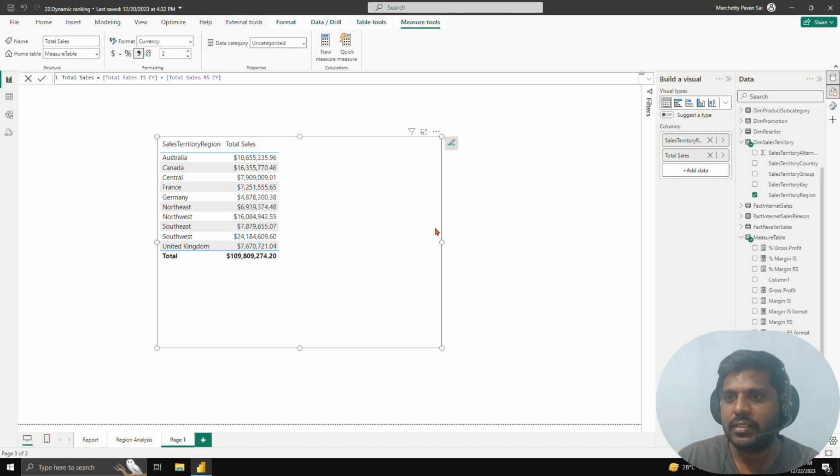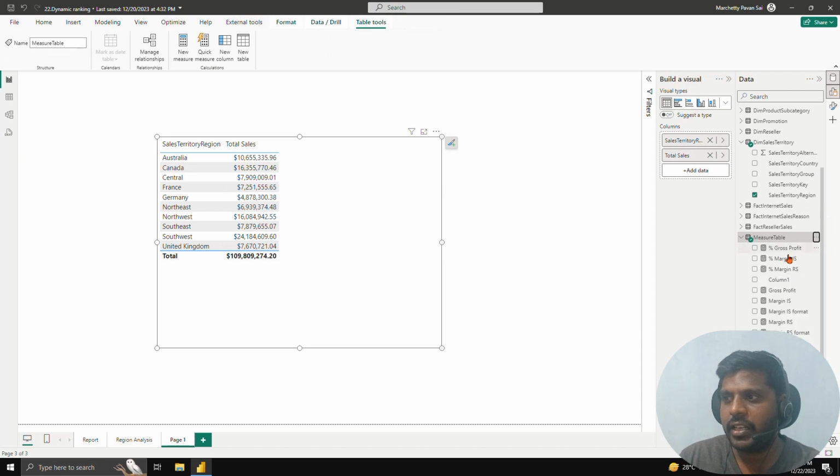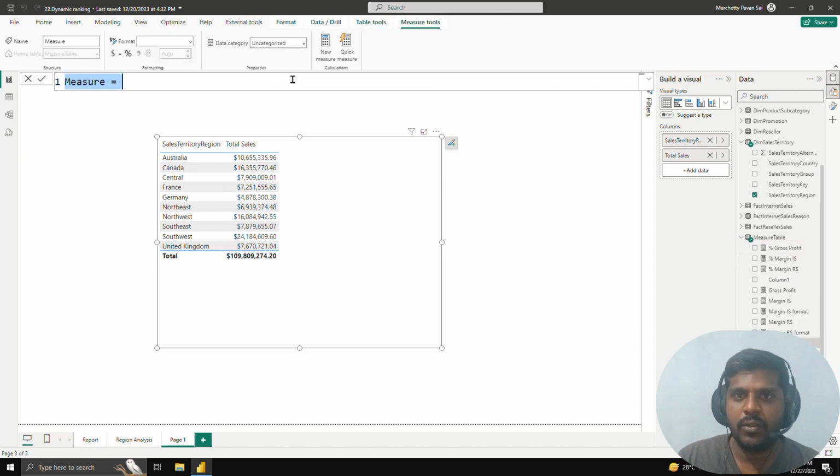to different countries. And suppose that I want to view the sales of top 5 countries in a different color coding, or you could say dynamically changing way. What we could do is I'll select this measure table, create a new measure. Here I'll write a measure called top 5 sales equal to, I'll create a variable